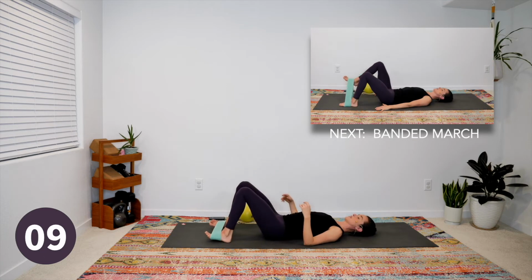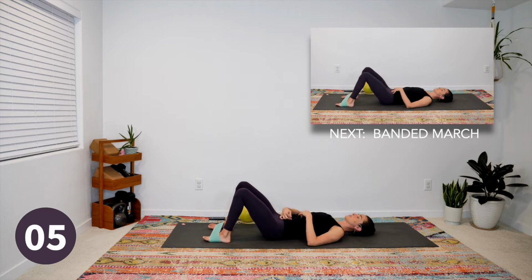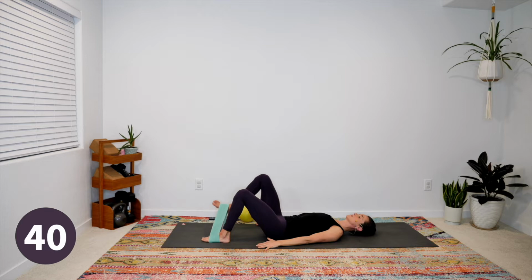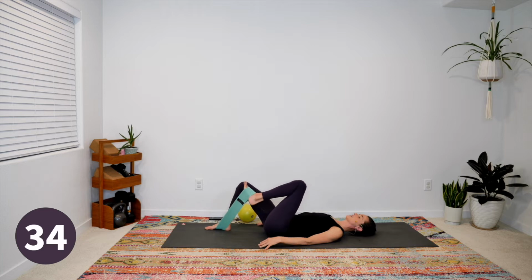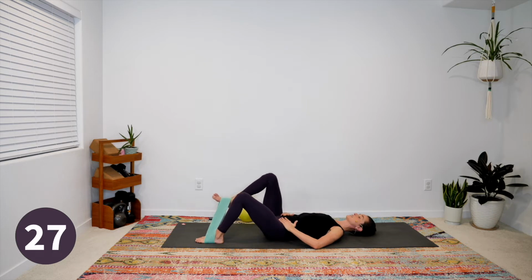So the band is now around the feet. You bring your feet back down to the mat. Draw the belly in with an exhale. Keep that connection. Arms are by your sides. Here we're simply marching. So nice and slow, marching one knee into the chest and then the other, using that very gentle resistance. You can keep your hands on your hip bones if you like to make sure that the